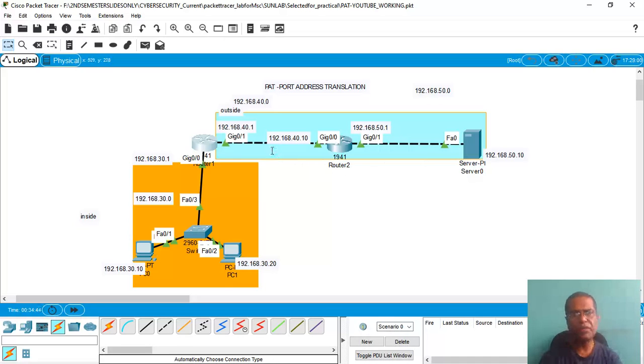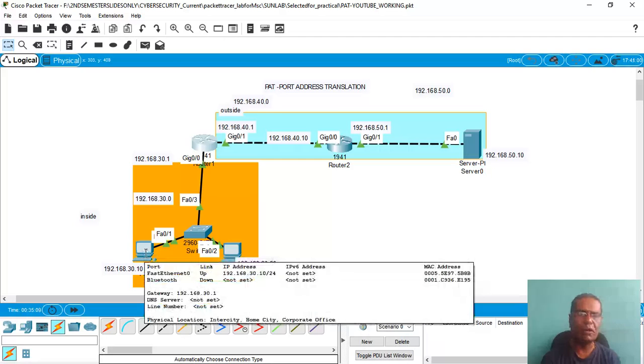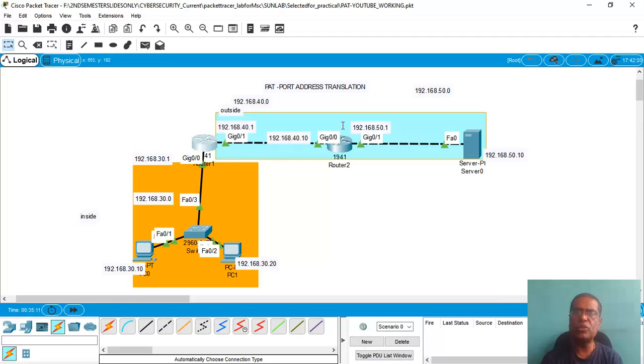For example, let us say the IP address 192.168.40.1 is the IP address with which all the machines inside this network will go to the internet. If 192.168.40.1 will be the IP address for all the machines, how will the individual machines be identified? The request from the individual machines will be combined with the port number from where they emerge, and so the reply from the internet to that port will be enabled, right? So this method is port address translation for this reason.